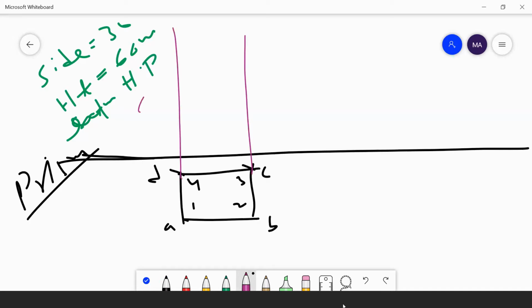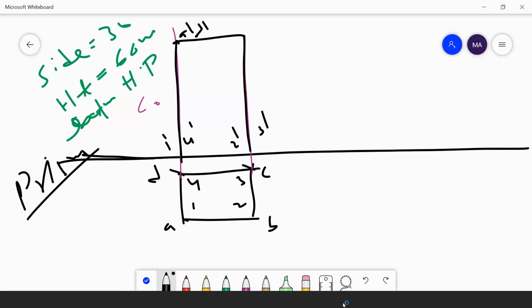Height is 60 mm. I am cutting it 60, drawing like this. Here I will draw 1 dash, 4 dash. Here I will draw 2 dash, 3 dash. Here I will draw A dash, B dash. Here I will draw C dash, B dash. Understand, here I am indicating the base with the numbers and the top surface with the alphabets A, B, C,